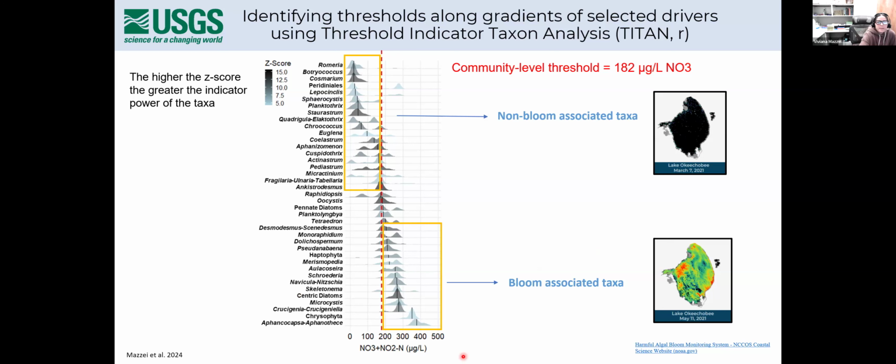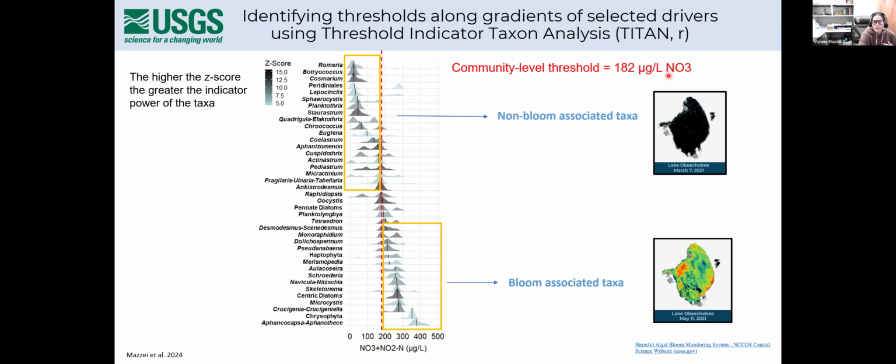So the analysis tells us the species-specific change points, which is the value along the gradient where the greatest change in abundance occurs for each of these indicator taxa. And then the higher the z-score, so the darker the color, the greater the indicator power of the taxa. And then TITAN also calculates a community level